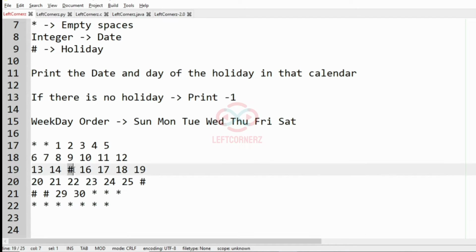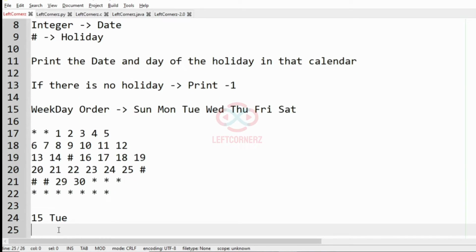So here we have a hash representing the holiday of the month. So the date will be 15. As you can see, the one before is 14, so here it must be 15. And in order to get the day, here it is Sunday, here it is Monday, and here it will be Tuesday. So 15 Tuesday is a holiday,